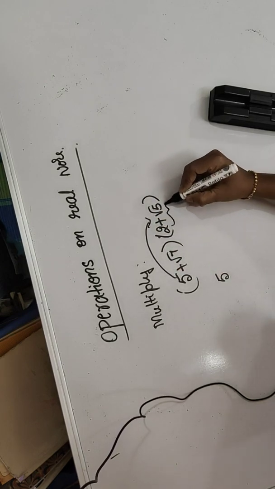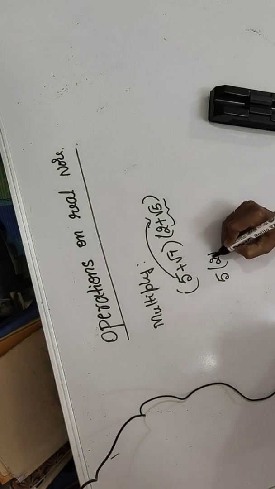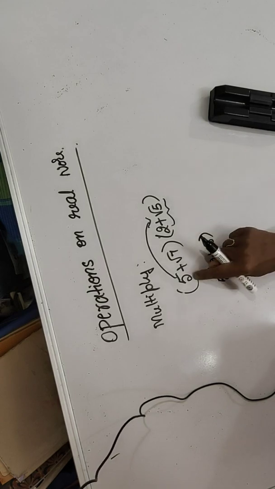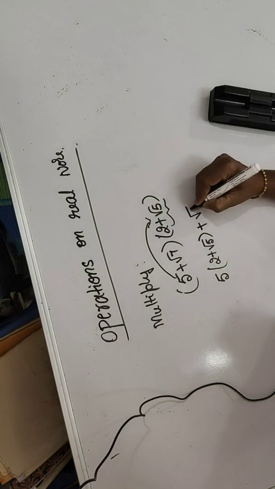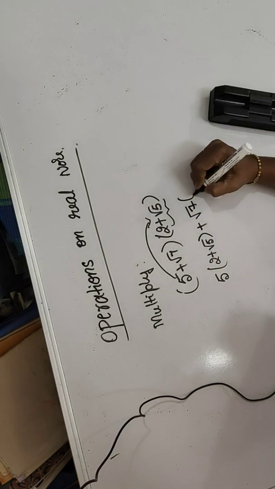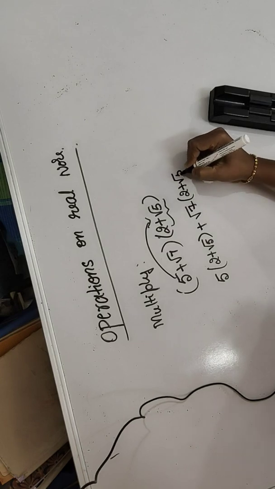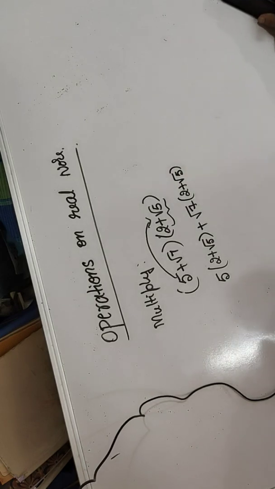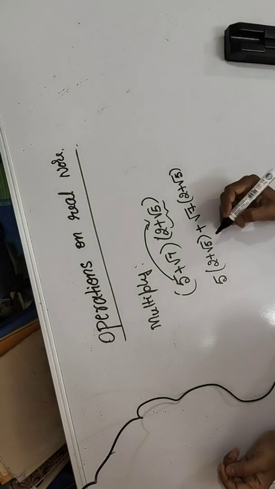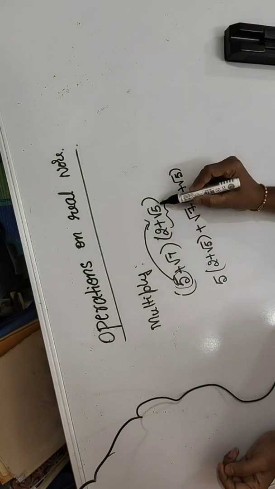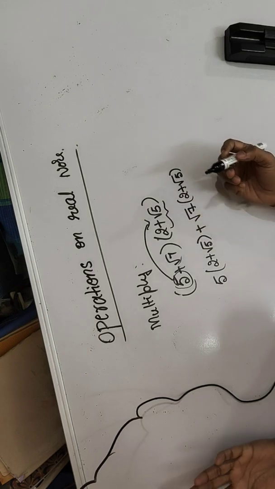So I will write here, this is the second full set: 5 into this full set. What sign is there here? Plus. So root 7 once again into the full set. I think you have studied binomial multiplication in your 8th standard. From the first you have to multiply both, from the second you have to multiply both.